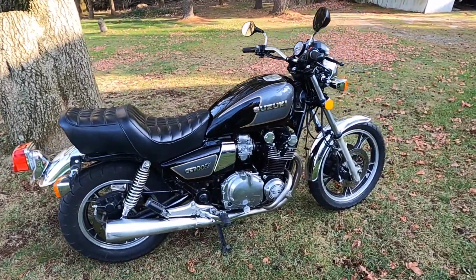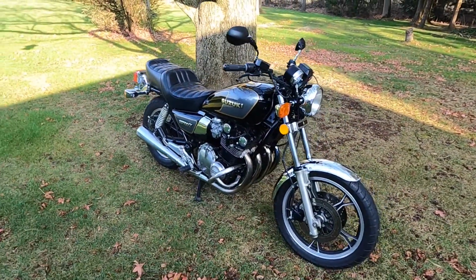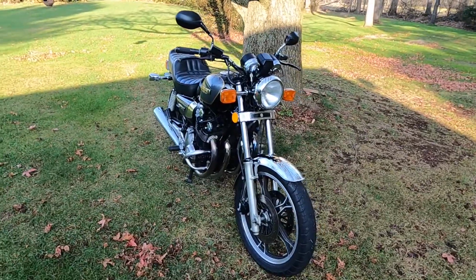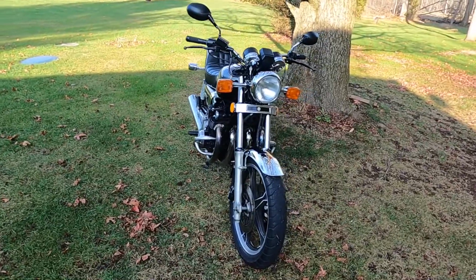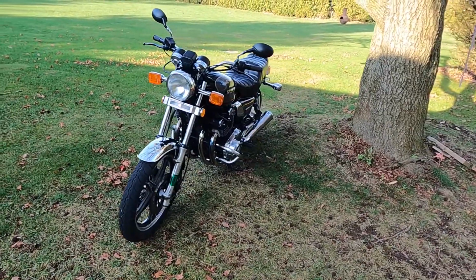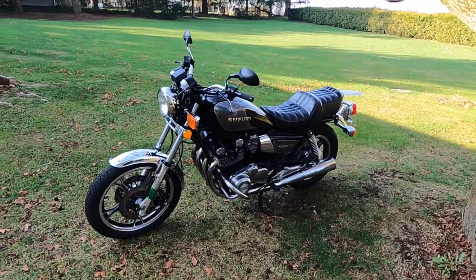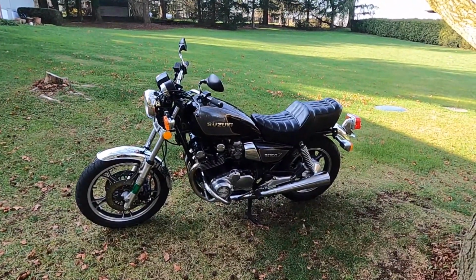This bike was picked up as a parts bike for my 1982 1100 Suzuki, and I bought it without a title. I had to go through the process of getting a Vermont title for it. I'm sorry, a Vermont registration, and on a whim decided I would just try to get it started. It ran so well that I thought it would be a shame to use it as a parts bike, so it has since been put on the road, and I've done quite a few upgrades to it already, including the